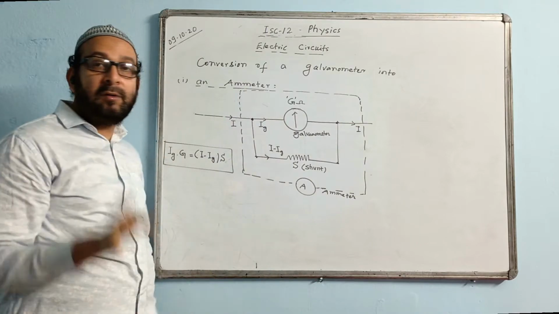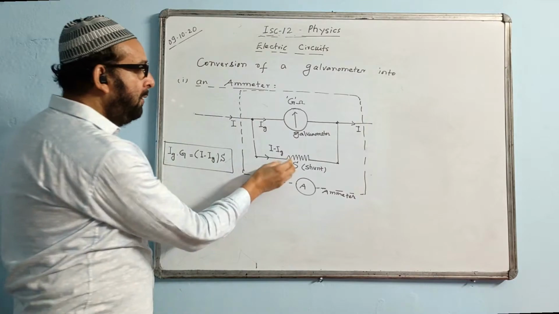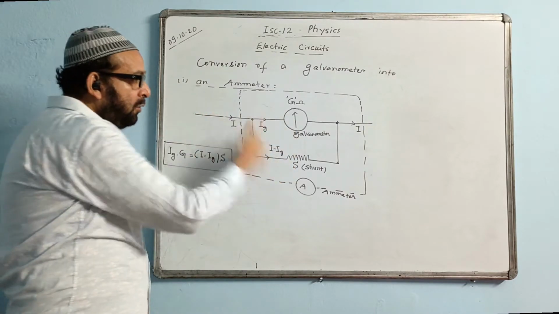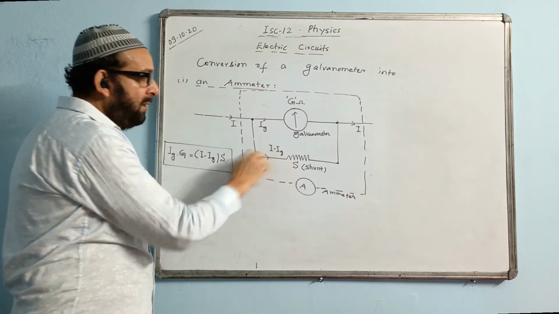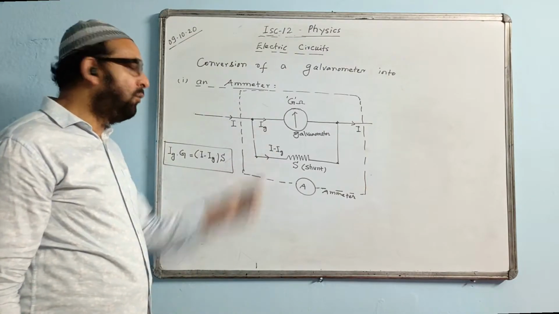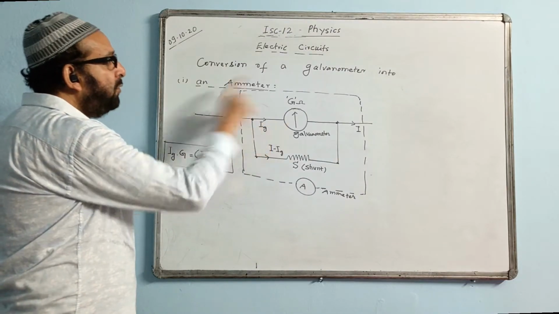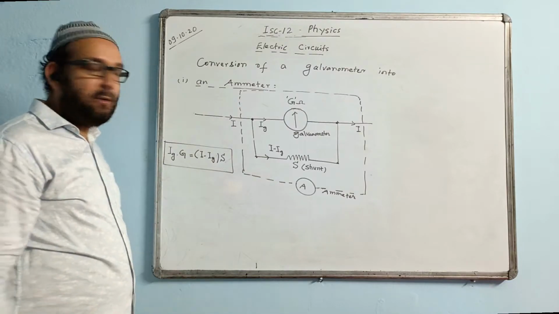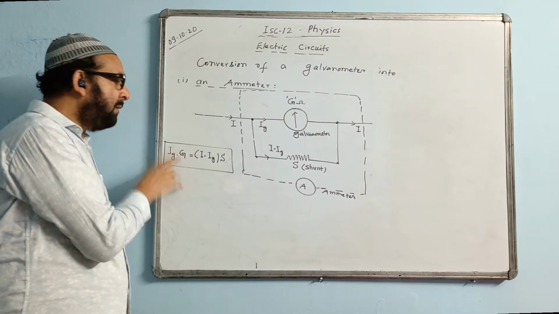That means the galvanometer will not receive high current. High current is going through the shunt. So it protects the galvanometer by passing the maximum current of the circuit through itself, preventing the damage of the galvanometer. That is the role of the shunt. So this is the equation we follow, and this is the circuit we follow when we want to change a galvanometer into an ammeter. There we are using a shunt. So this diagram is important and the equation is important. This will help you in doing some problems.